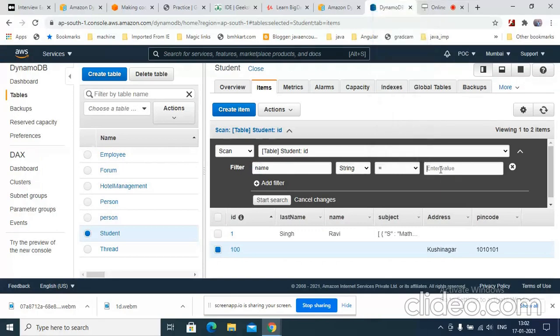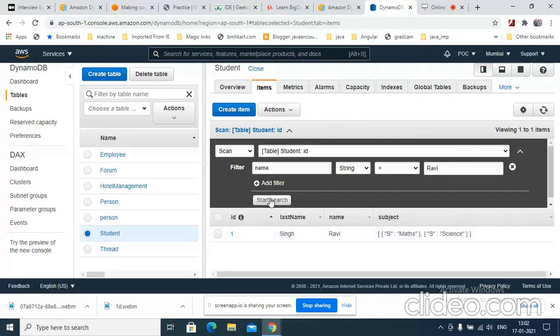So right now I'm taking equal and I am giving Ravi. So it should ideally show only one record, that is record ID 1. That's fine, this was expected, right?